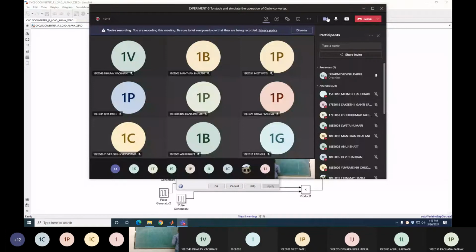So here I draw the 4th cycle of its supply. In this 4th cycle of supply, you get the output voltage 1 cycle. Clear? So that you can see that by pulse generator 1, I provide the gate pulse only half time of this half cycle. It means 0 to 5 milliseconds.